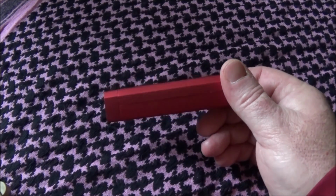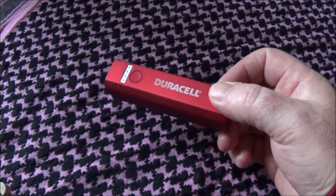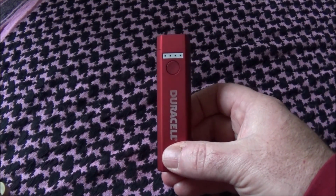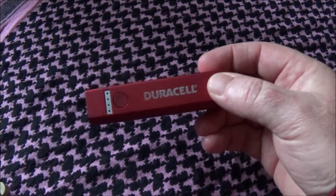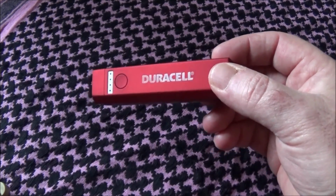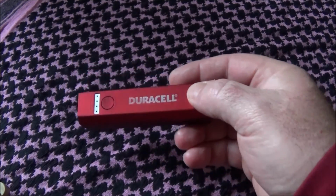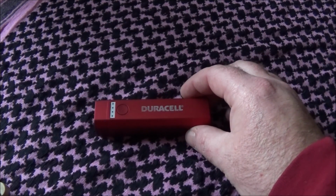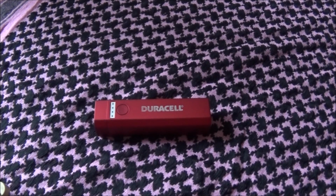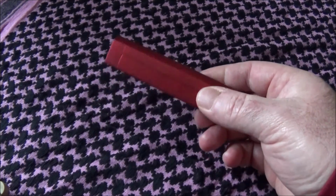Overall, I'm still happy with the power bank. It's going to lose some charge, and it's going to lose its charging capability. You're not going to get a full charge out of it after so long, just like any battery. Sitting in the cold or sitting in the water or not being used, it's going to drain some. But overall, I feel that if my phone went dead and they could give me 25% or 50%, that's still better than my phone being dead. But like I said before, I use this all the time, so I'm constantly charging my phone,